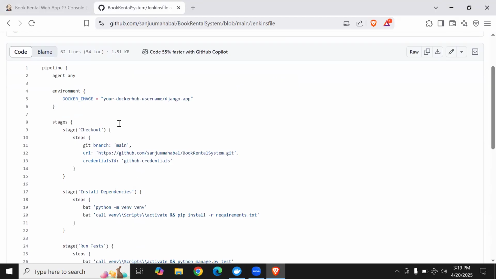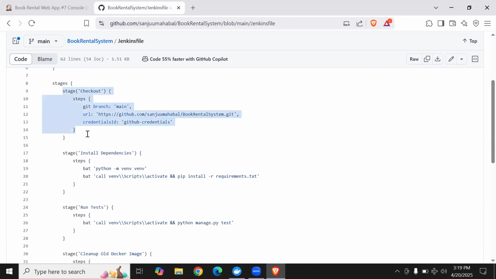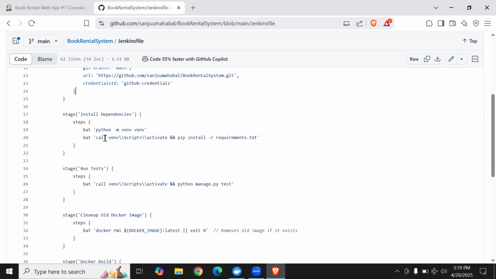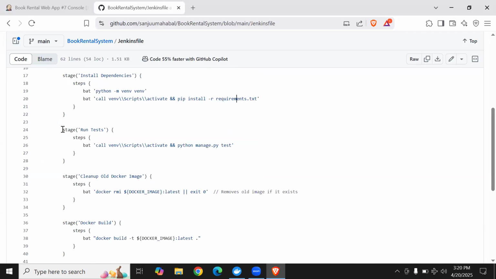So you can see the Jenkinsfile. I have created 5 stages. The first stage is checkout. It pulls all the code of this project from this Git repo, and the next step is install dependencies. It installs all the dependencies from this requirements.txt file. Now you understand why this file is very important, because all the requirements necessary to run this project are inside this file. So it installs all the dependencies, then it runs all the test cases that are there,